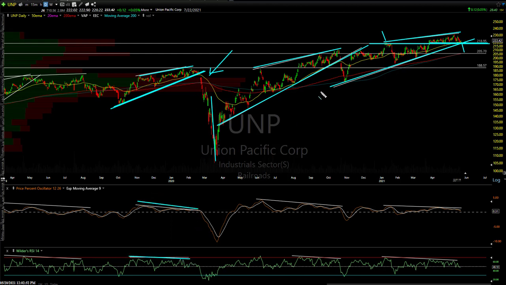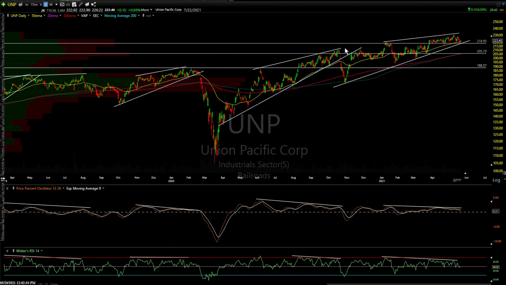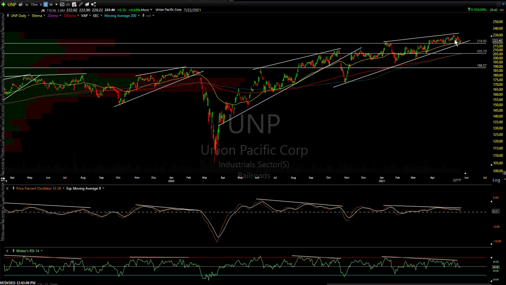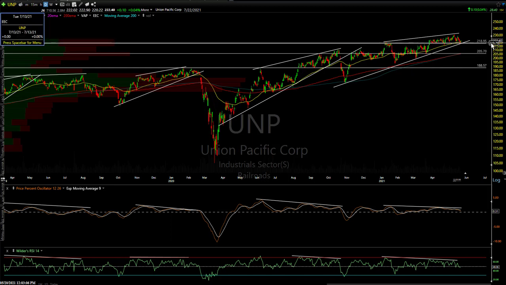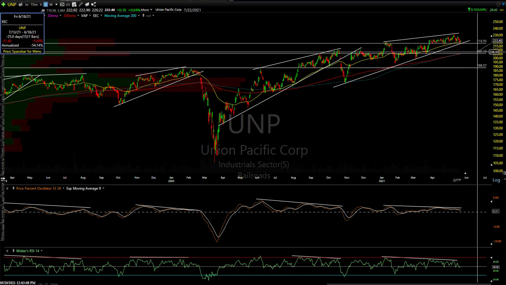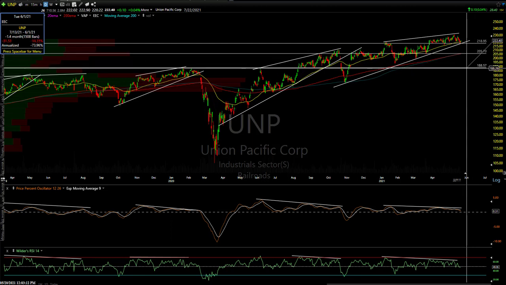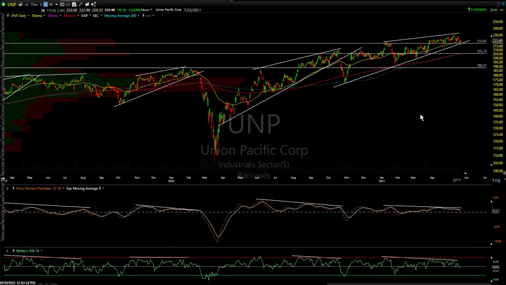Divergences, and there was a big drop back here. Even during the strong bull trend, we had a very fast, powerful 18% drop in UNP, and I expect not much less than that now. So if we break down, get a sell signal, you can set an alert. I have it at 218.95 is where that target is. My first target is a 6.5% or 6%, we'll call it, drop, and then down here about a 14% drop.